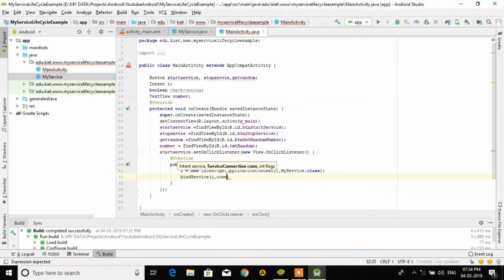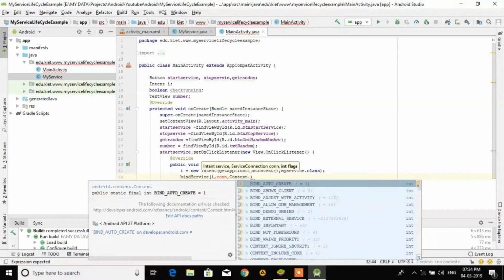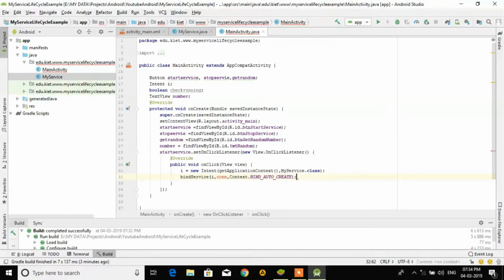So we are passing here connection. Then the third one is a flag, that is Context.BIND_AUTO_CREATE. This is fixed, BIND_AUTO_CREATE, and this is the object of the ServiceConnection class. We are going to create a class that will make a linking or binding between these two classes, service and activity. So for that we have to stop service also,